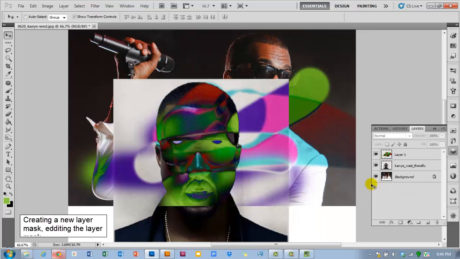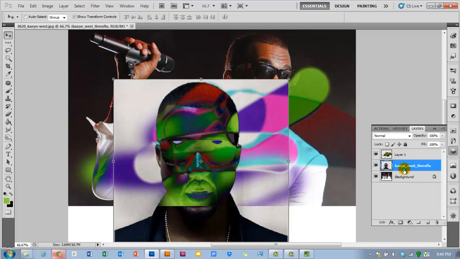Okay, so now I'm going to show you how to add a layer mask to a layer that doesn't have a mask already. Obviously when you make a new adjustment layer, it has a layer mask already attached to it, but for our image right here we don't have a layer mask for that, and I want to get rid of this background without erasing it permanently. One way to do that is with the layer mask. So with that layer selected, go to the add layer mask button and click that button,